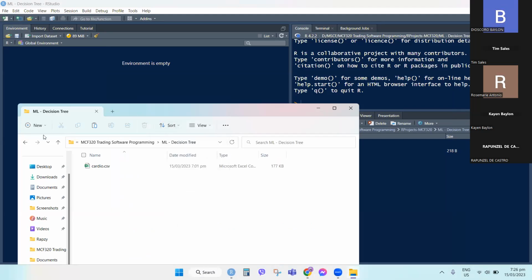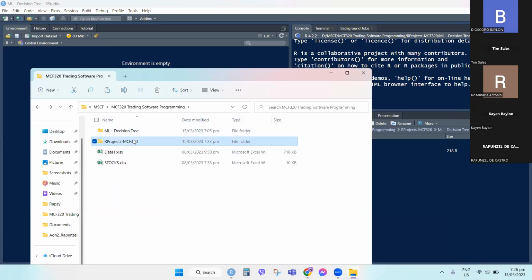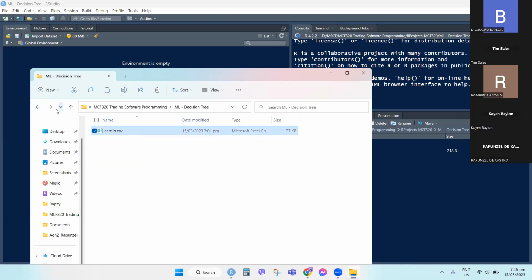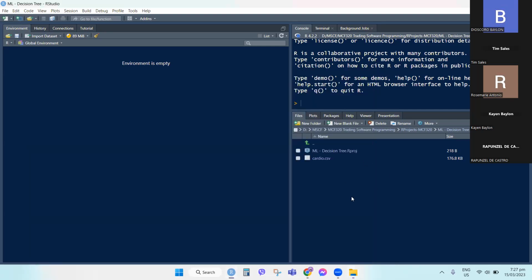Backspace mo. Dun mo ipasok, wag dyan. Dapat makikita mo yung R project there. Kung saan naka-reside yung project, now you can see the cardio, di ba?